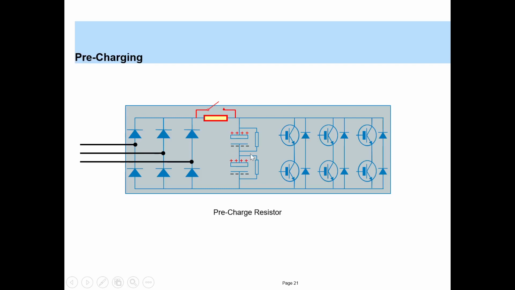As soon as you switch on the supply to this capacitor, it acts as a short, and gradually the current rises, and when the capacitor is fully charged, the current flow becomes 0. But initially at t equal to 0, it acts like a short. So if there is no resistor in the circuit, this will lead to a very high current, because the capacitor acts like a short,